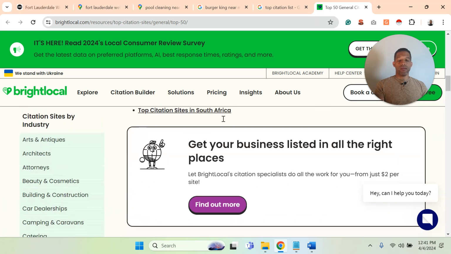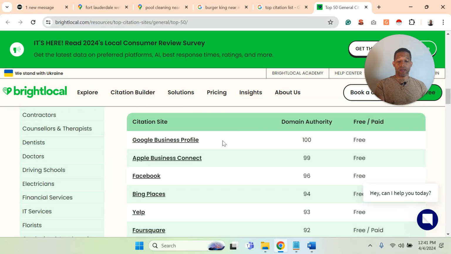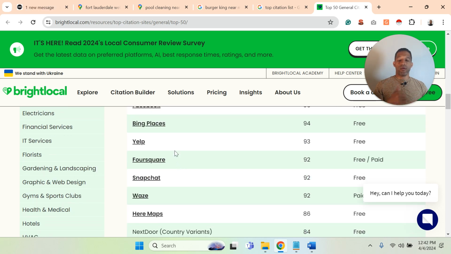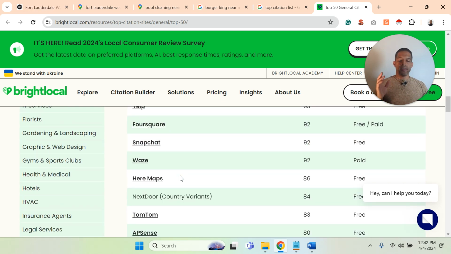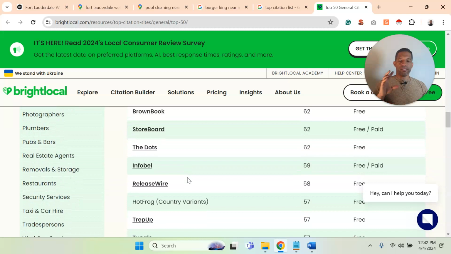The reason why I'm showing them is just to show you the actual citation sites so you can come in here. It's telling you right here, Google Business Profile is your number one. Apple Business Connect, number two. Facebook, number three. So, on Facebook, you can create a page for your business. Bing Places, number four. Yelp, as I mentioned, five. Foursquare, Snapchat, Waze, Here Maps, Nextdoor, TomTom. So basically, there's a list of places where you want your business to be listed. It doesn't mean that you have to be listed on all of them, but I would always recommend that you